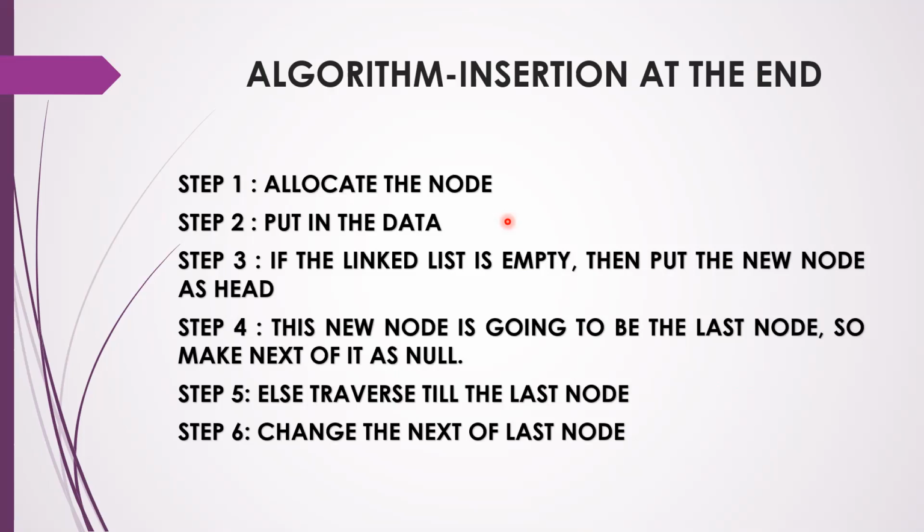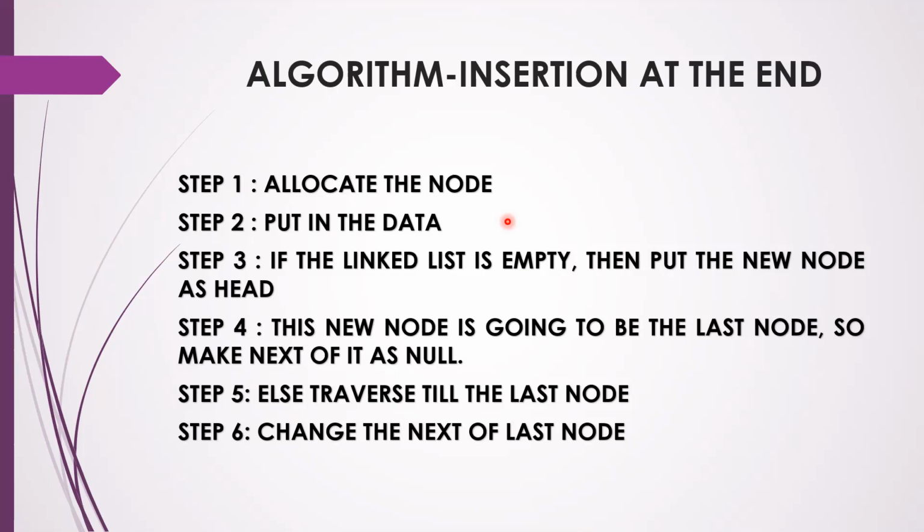In the previous session, we saw the single linked list Java program. Only one insertion we saw, that is at the front of the list. This insertion is at the end of the list. And in the next session, we will see how we can insert in the middle of the list. But all these three insertions we saw with respect to single linked list. We are yet to see Java programs for double linked list as well as for circular linked list. This algorithm and the corresponding program is for the single linked list, second type of insertion.